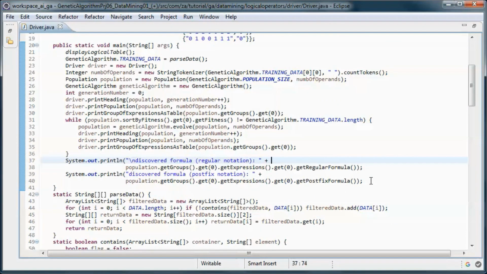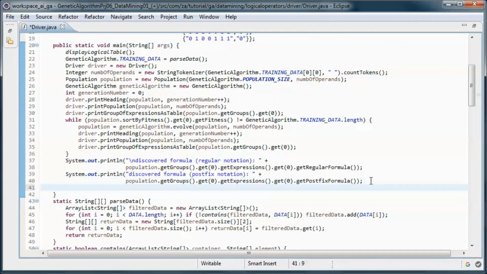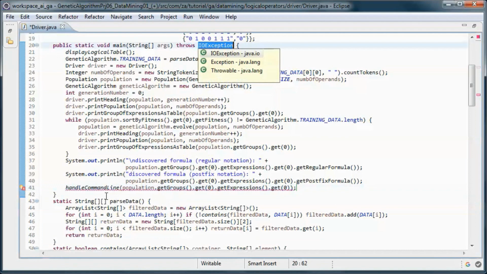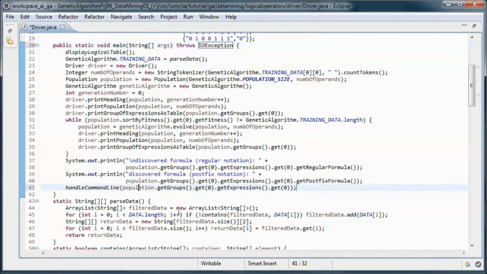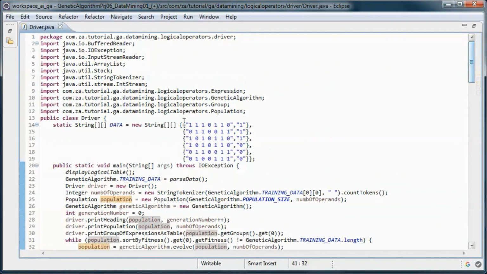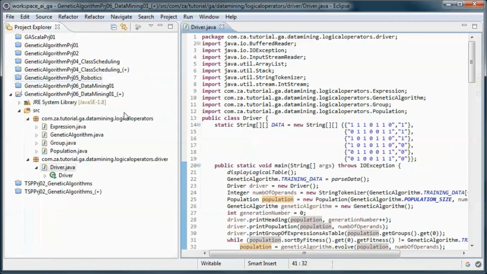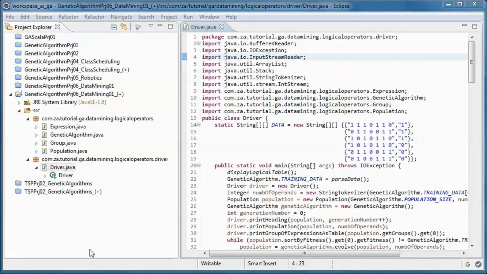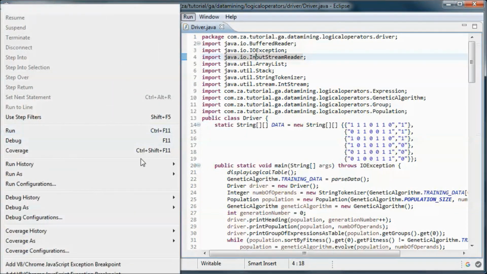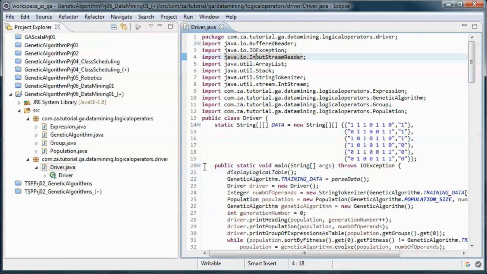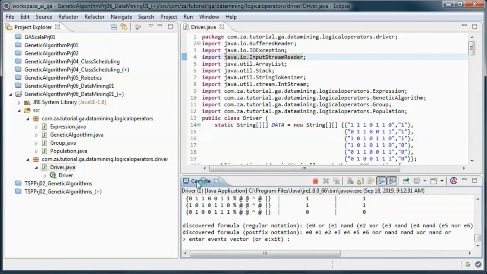And we'll handle command line entry by the user here. And let's go ahead and test run the application with the hard-coded data.